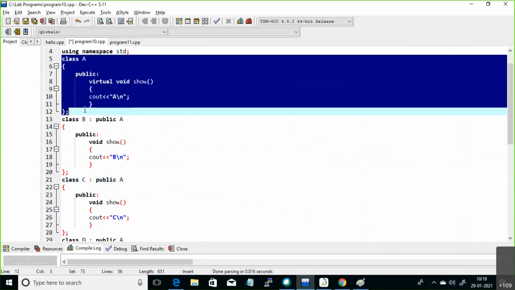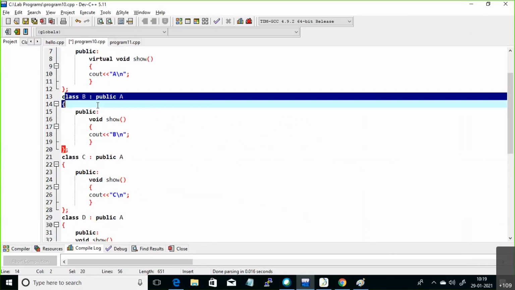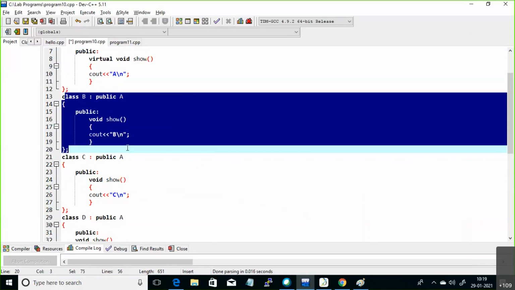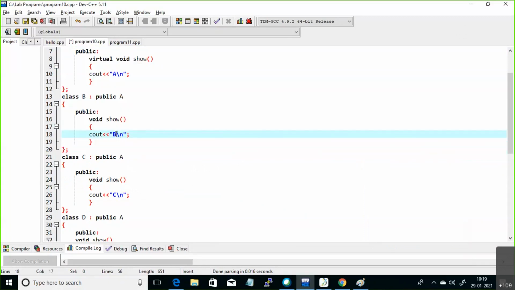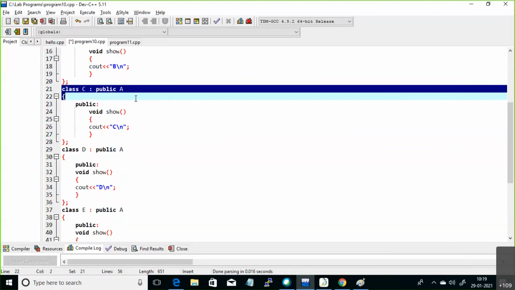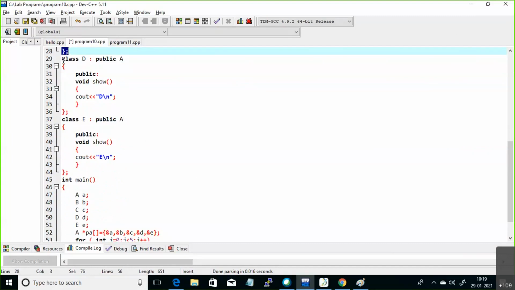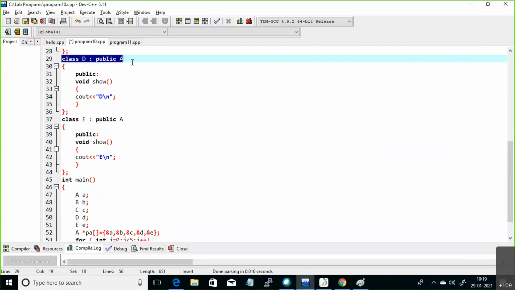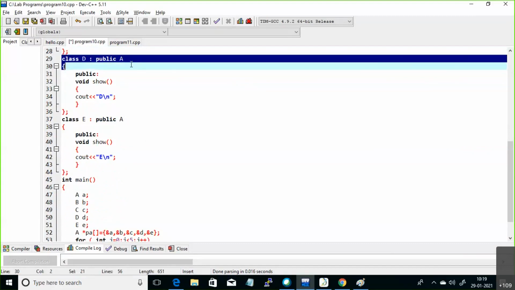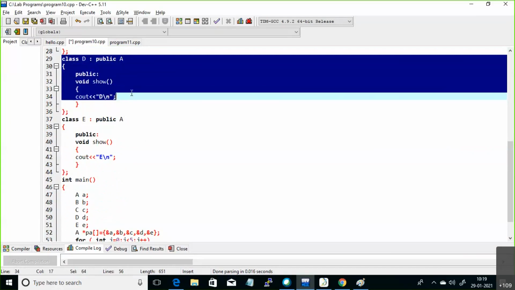Here, from class A only I'm deriving class B. The same function I'm overriding, just changing the message itself. Here it is printing B. And the same for class C: the same show function I'm overriding, printing C in the output. The same for class D, deriving from A, overriding the show function.